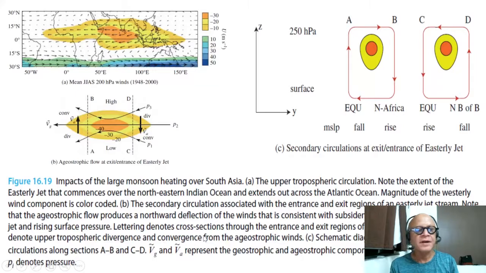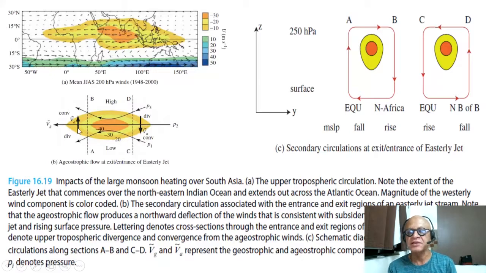Okay. Note that the ageostrophic flow produces a northward deflection of the winds that is consistent with subsidence on the northward side. So there is convergence and divergence doublets that we talked about in terms of the cross-equatorial pressure gradient,